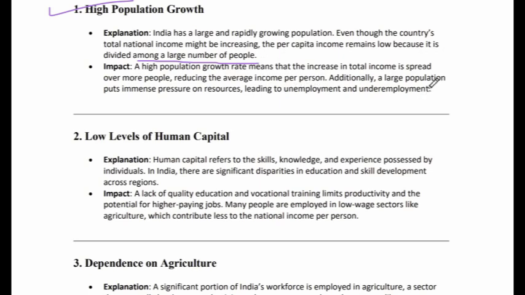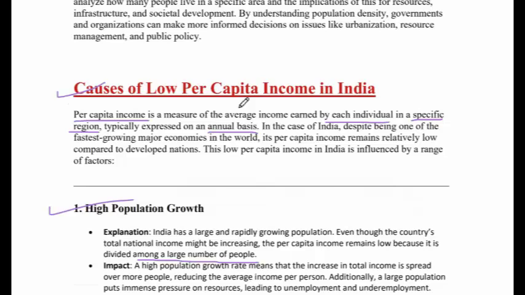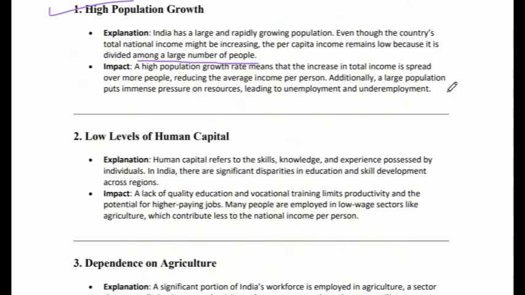Additionally, a large population puts immense pressure on resources, leading to unemployment and underemployment. तो unemployment और underemployment का दूसरा कारण ये भी है कि because of large population, तो इसकी वजह से सबको नौकरी नहीं मिल पाता है। तो हम लोग वी आर स्टडिंग कॉजेज ऑफ लो पर कैपिटा इनकम इन इंडिया। तो इसी के साथ साथ हम लोग we can also use this point in other questions, like for example हाई पॉपुलेशन ग्रोथ का कारण क्या है, तो ये सारे हम लोग बोल सकते हैं।